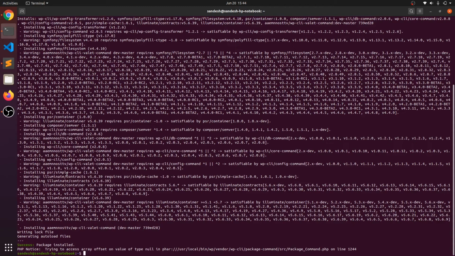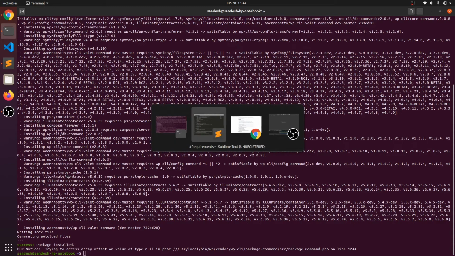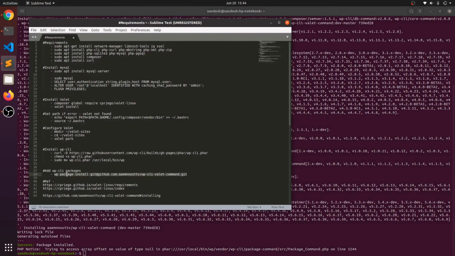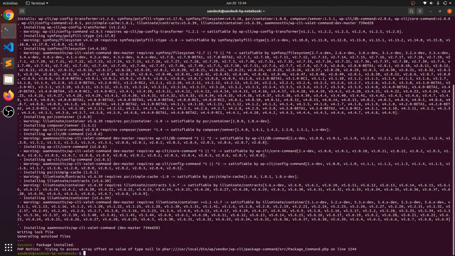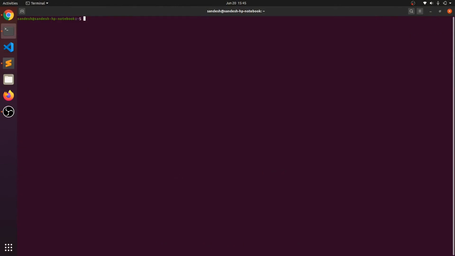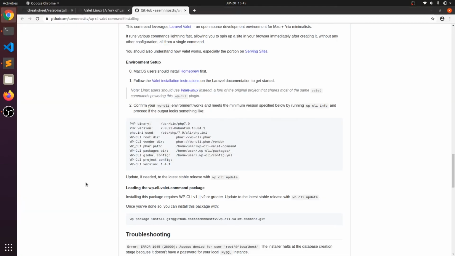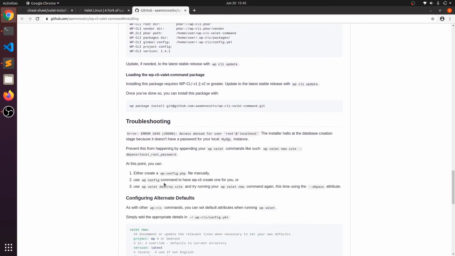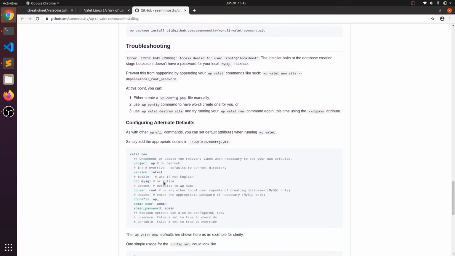There is one more requirement. As we have a MySQL password, we need to set the configuration for the CLI command. You can see here there is a section on configuring alternate defaults.